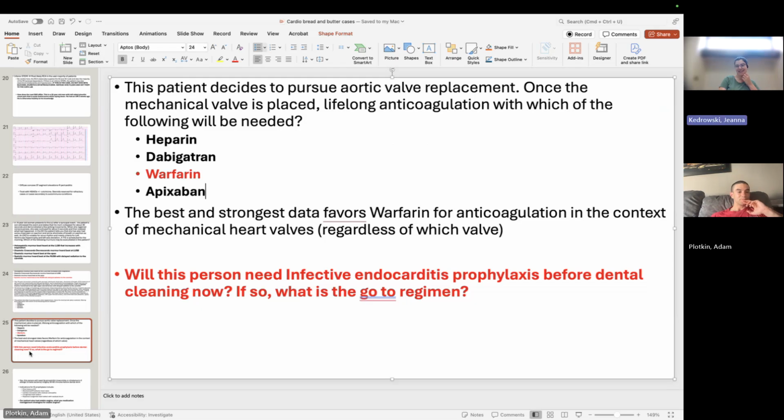Okay, this is random, but I had an intern tell me that actually the murmur isn't that correlated with the location. Is that true? I would say there's some truth to that. For the sake of STEP, for these standardized board exams, it's going to be like that. But absolutely, there's some truth to that. And honestly, if you have any suspicion of anything going on with the heart, you're going to get an EKG and an echo. So you'll see it anyways. So catching a murmur isn't always the end-all be-all.